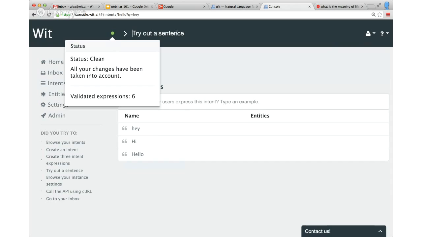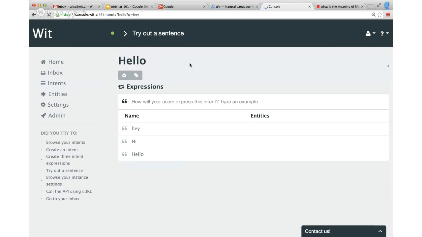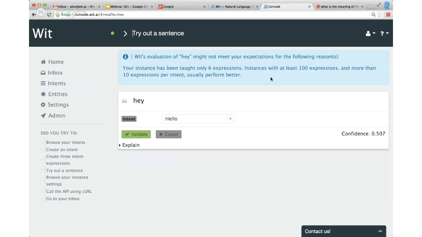Now, if I type hey again, you see I have the hello intent, but now confidence is 50%. It was 26% before I taught this. So you can ask, why isn't it 100%? Because this is the exact same word, the same sentence that I taught.